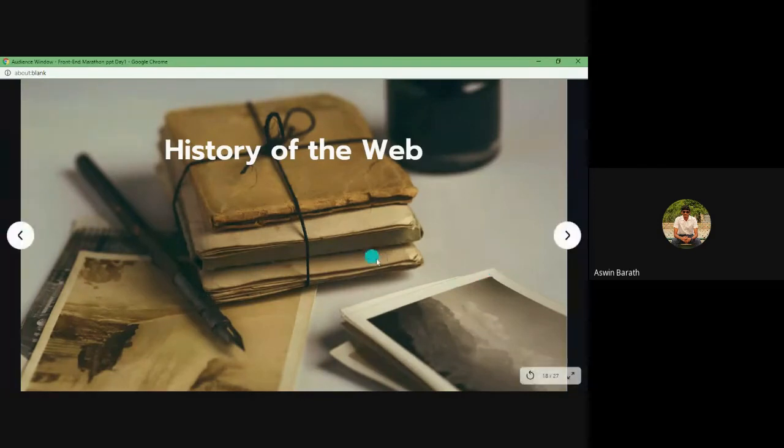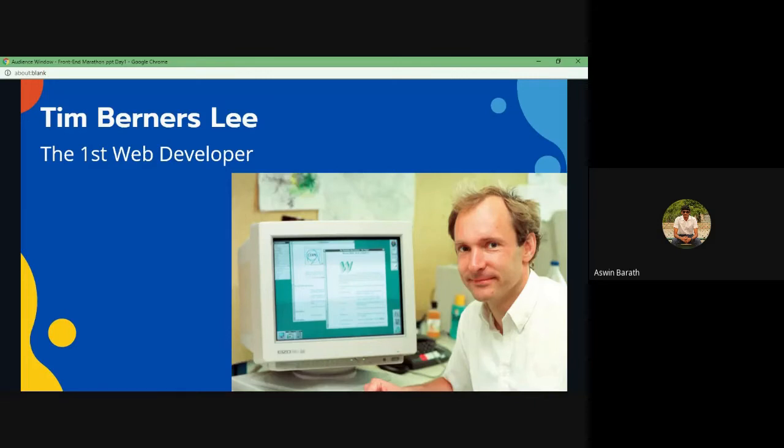So Sir Tim Berners-Lee was the inventor of the World Wide Web. Another interesting fact is he's the first web developer we all can know. What he did is he created the first website as well as the first server back in those days.